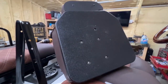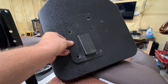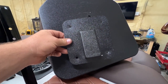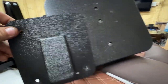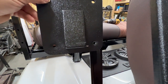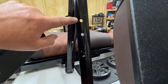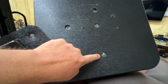This is what the seat back looks like here for the front seat. And since that was for the president, it had this bracket on there. So I found this bracket here. When I say I keep everything, I mean I keep everything. And I went ahead and took the measurement here from this top hole. That made me a mark against that bottom hole. I'm gonna drill the hole right here on that mark. That way I can align this hole and then that hole there between this one and there on